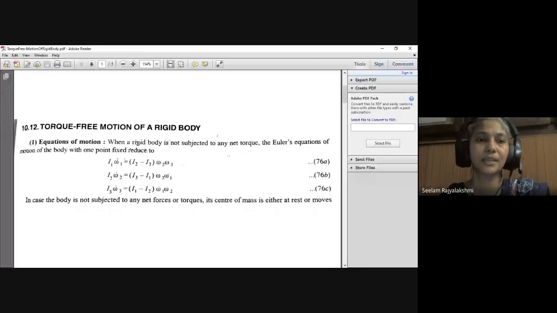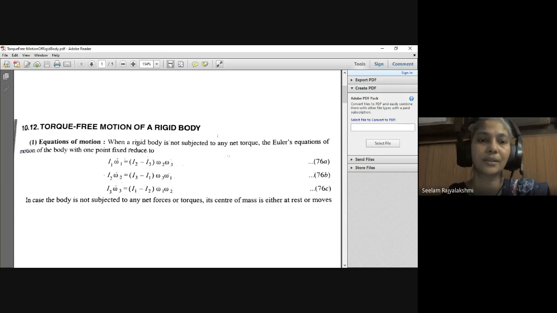Torque-free motion of a rigid body. First, we'll discuss the equations of motion. Now, let us consider a rigid body which is fixed at a particular point. When no external torque is acting on this rigid body, then Euler's equations of motion reduce to